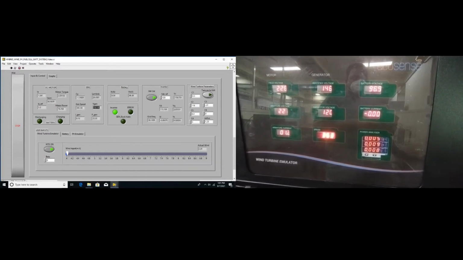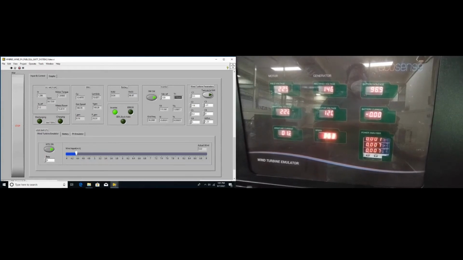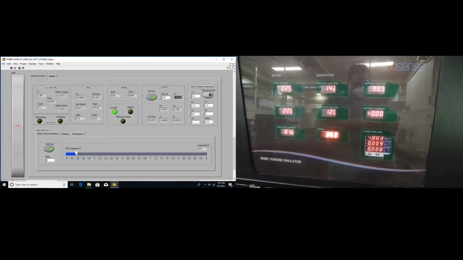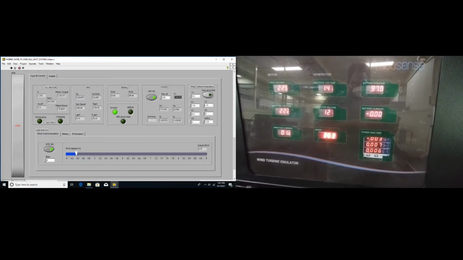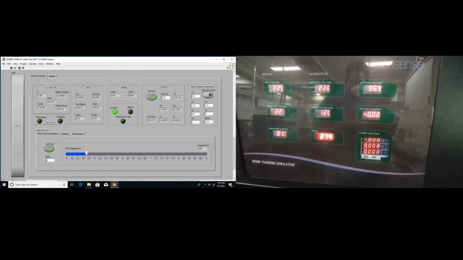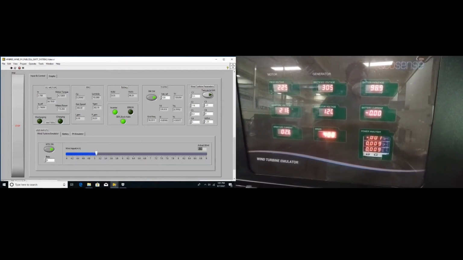We can increase the wind speed by increasing this scale, and as soon as we increase the wind speed, we can see the RPM rising again. And as wind speed is changing, we can also see the changes in CP and lambda values. Let's further increase the wind speed. Once actual wind speed reaches 5 meters per second, the generation buck converter will start working and the system will start generating, and the power will move towards the DC link.